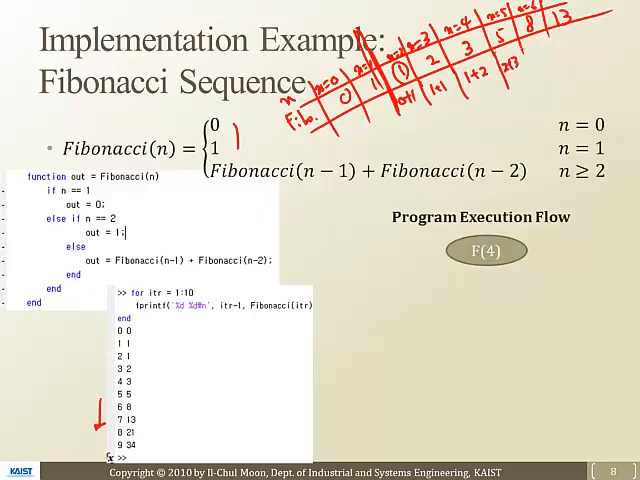2 plus 3, and this is 3 plus 5, and this is 5 plus 8, right? So this is the sum of this and this, right? This is the sum of this and this, right? And this is the sum of this and this, and so forth. So there is a repeating problem, of course, and that's adding something from one step before and